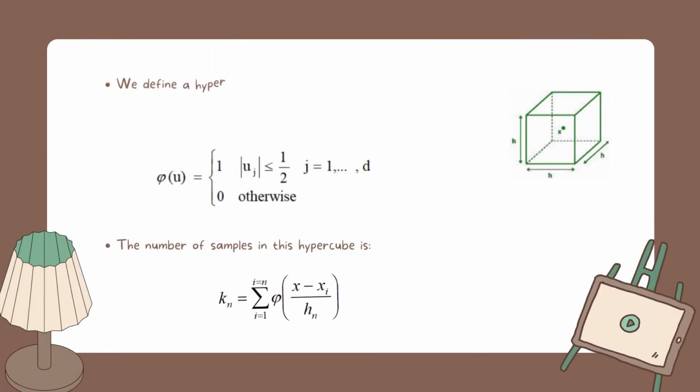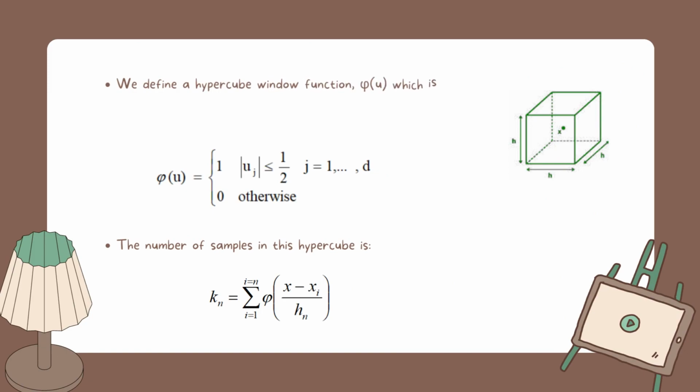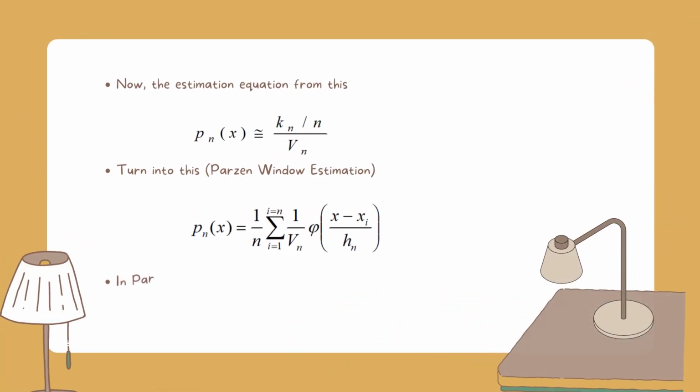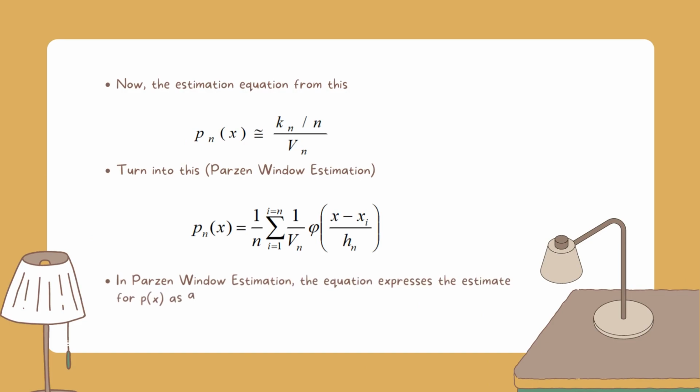Then we define a hypercube window function phi(u), which is an indicator function of the unit hypercube centered at the origin. phi(u) is equal to 1 if |uj| is smaller than or equal to 1/2. Otherwise, it's 0. The number of samples in this hypercube is kn equals the sum of phi((x - xi)/hn). Now, the estimation equation pn(x) ≈ (kn/n)/Vn turns into this. The Parzen window estimation equation: